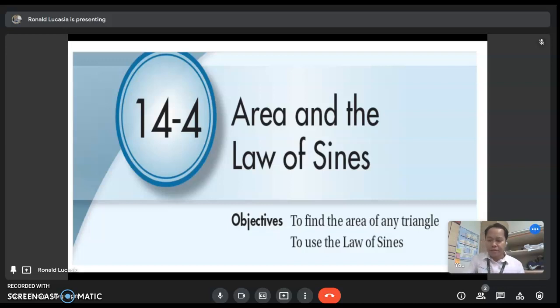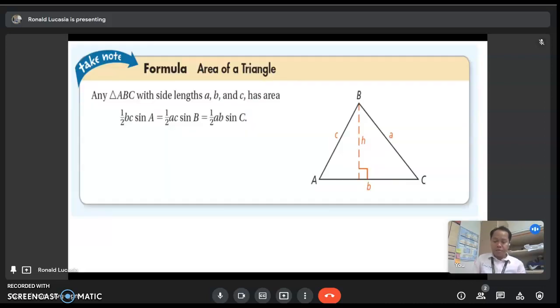Good morning. So today's lesson is the area and the law of sines. At the end of this video, you must be able to find the area of any triangle and use the law of sines. So in finding the area of a triangle, any triangle